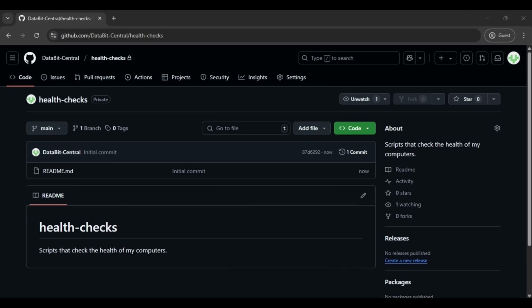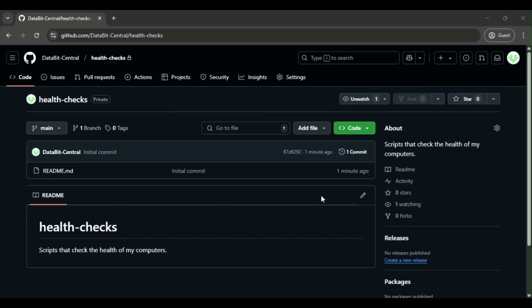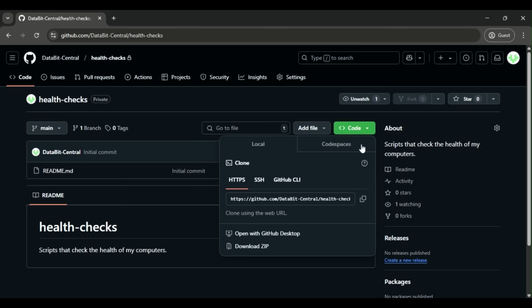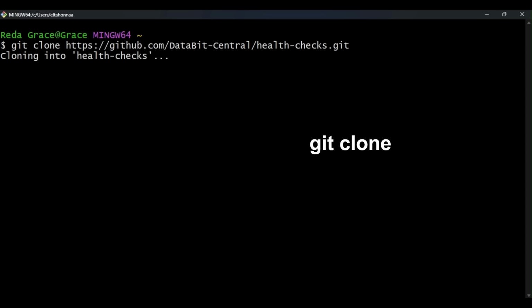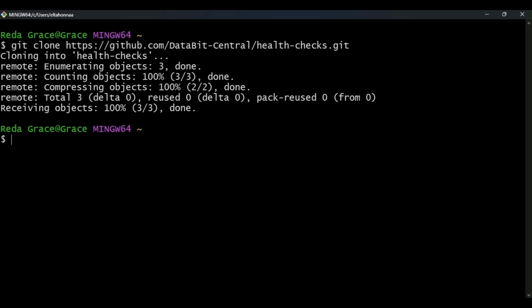Let's get to work. First step is to create a local copy of the repository. We'll do that by using the git clone command followed by the URL of the repo. GitHub conveniently lets us copy the URL from our repo from the interface so that we don't have to type it. We're now ready to clone the repo into our computer. We'll do that by calling git clone and pasting the URL we copied. Just like that, we've downloaded a copy of the remote repository from GitHub onto the local machine.